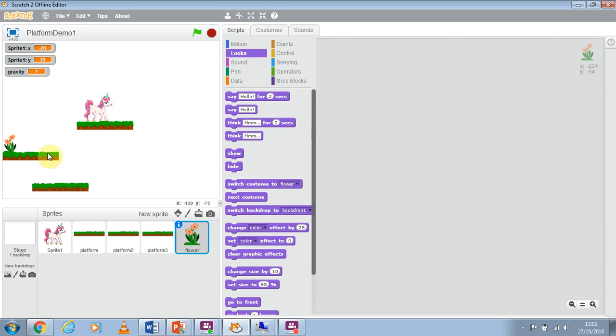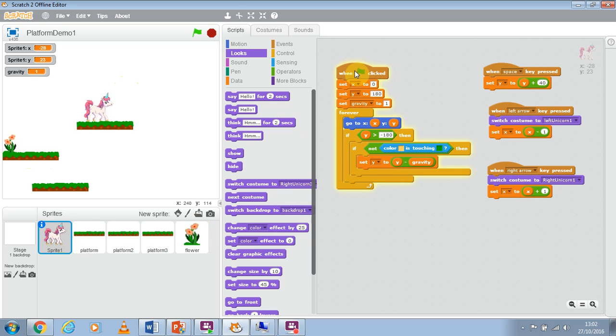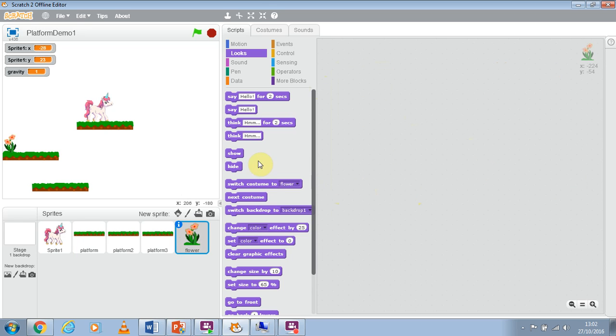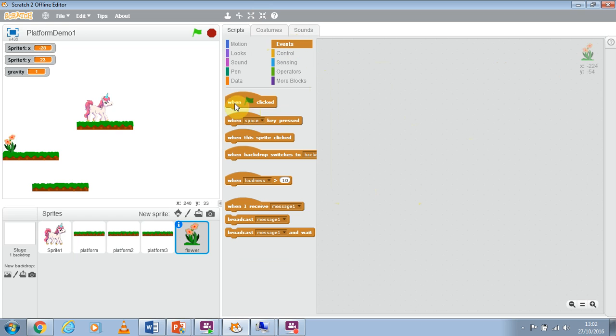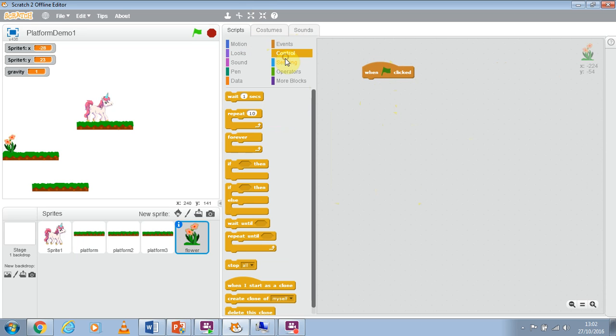Now, to do this, I need to trigger an event so that it can start listening out and saying, okay, the game is running. So I'm going to use the same event to tell the flower that the game is running as I did to tell the unicorn, which is the green flag, and I'm then going to have a forever loop. So off I go, back onto my flower, go to events, and it's the same thing. Off it goes. I'm going to put this in a control of a forever,